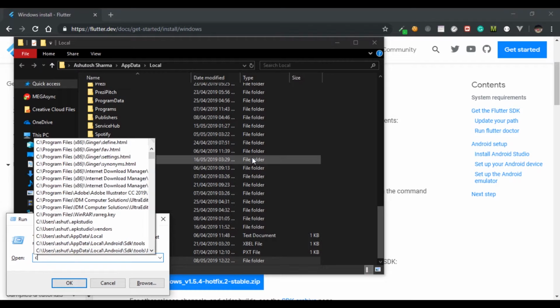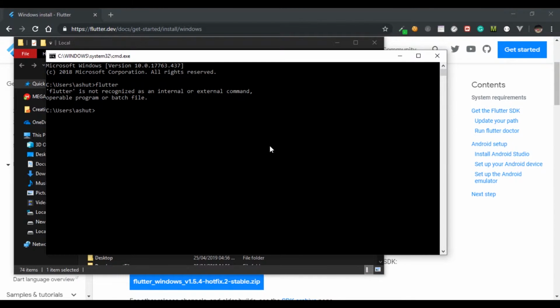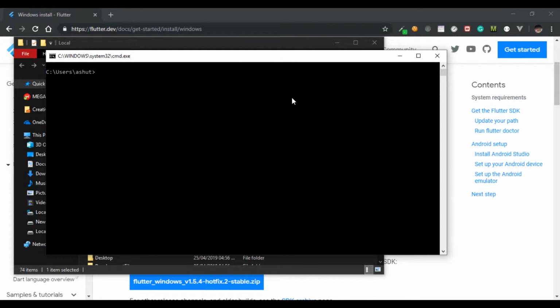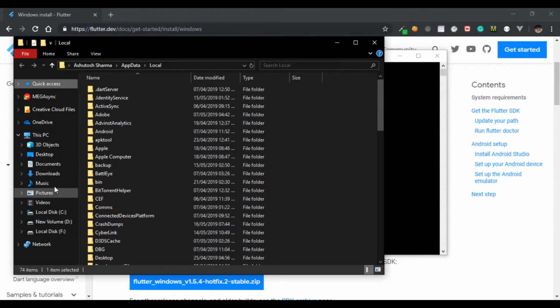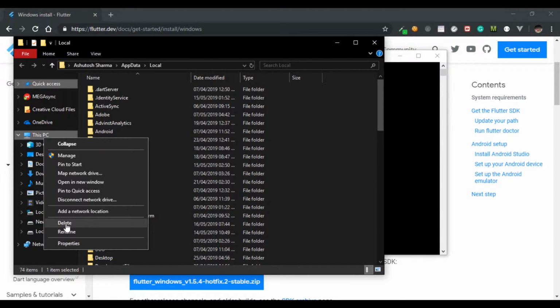And let's open up command prompt and run Flutter. As you can see, Flutter is not recognized. This is because we haven't added the environment variable in path. So let's open the properties of this PC,